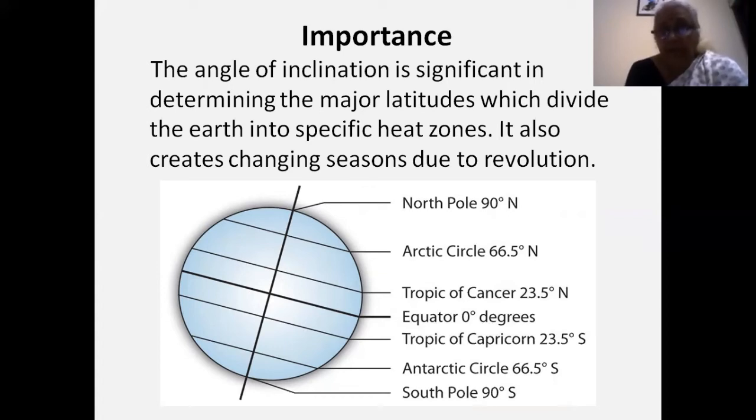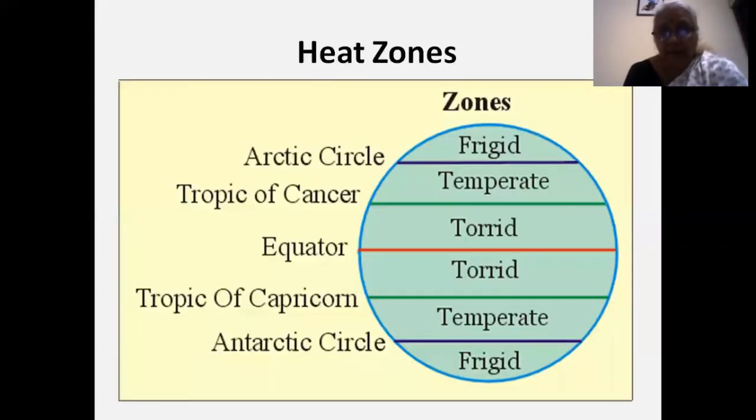So in the diagram here, you can see that at the North Pole, which is 90 degrees, the sun's rays are coming in at 0 degrees. And at 0 degrees, the equator, the sun's rays are coming in at 90 degrees. So these latitudes are actually angular measurements, which we will do in a different topic. The major latitudes are all based on these two numbers, 23.5 degrees and 66.5 degrees. And this divides the Earth into a very important aspect of what we call the heat zones.